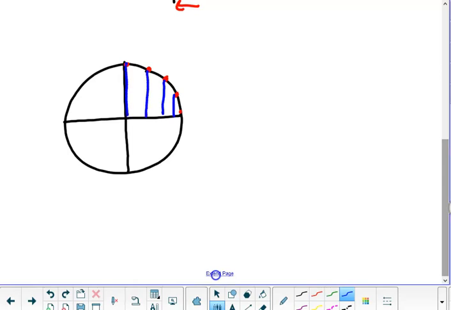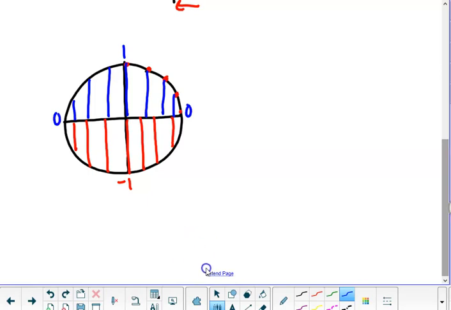Okay, as I go around, my y values are then getting smaller. Then my y values are going to be negative over here. And then they're going to get bigger and bigger until we get down to negative 1. Here's my positive 1. Here's 0 and 0. Okay, so if I were to unfold this onto the graph, what's happening with the sine graph